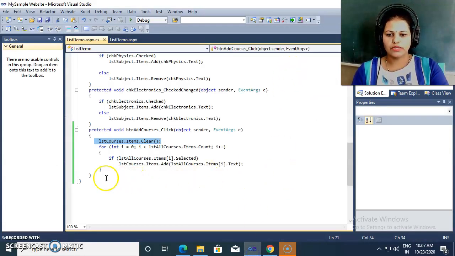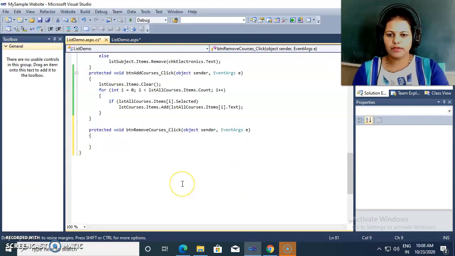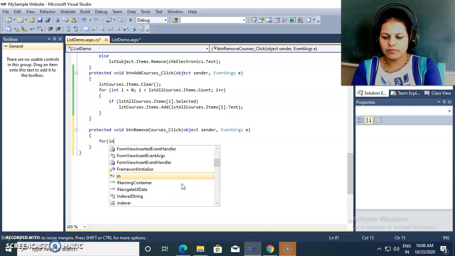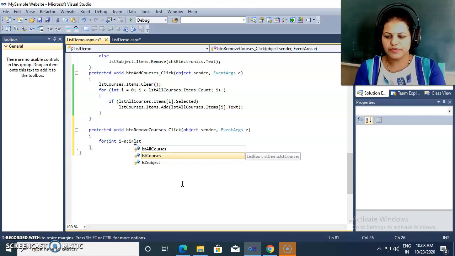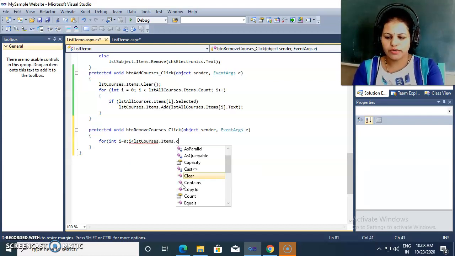So I'm going towards the code window and double click on this button. Now I am writing here a for loop, same as in the previous example, and i is less than... Now the list is different here. lstCourses.Items.Count.